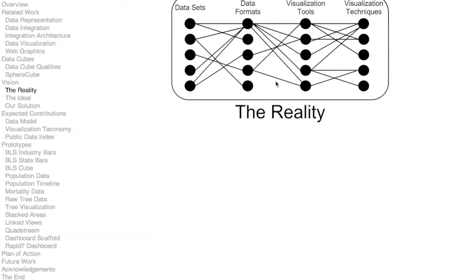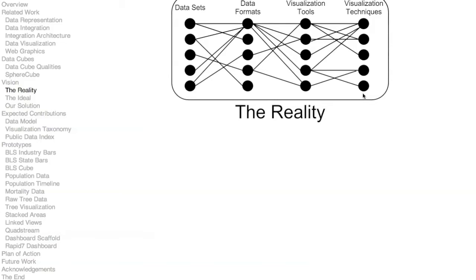So the way things are now is like this. There are many data sets available. But each data set is available in maybe a couple different formats, but there's not really one unified format where all the data sets are available. And then you have many different visualization tools. By visualization tools, I mean some particular software package you can download and use. Each visualization tool can only consume a limited number of formats, and